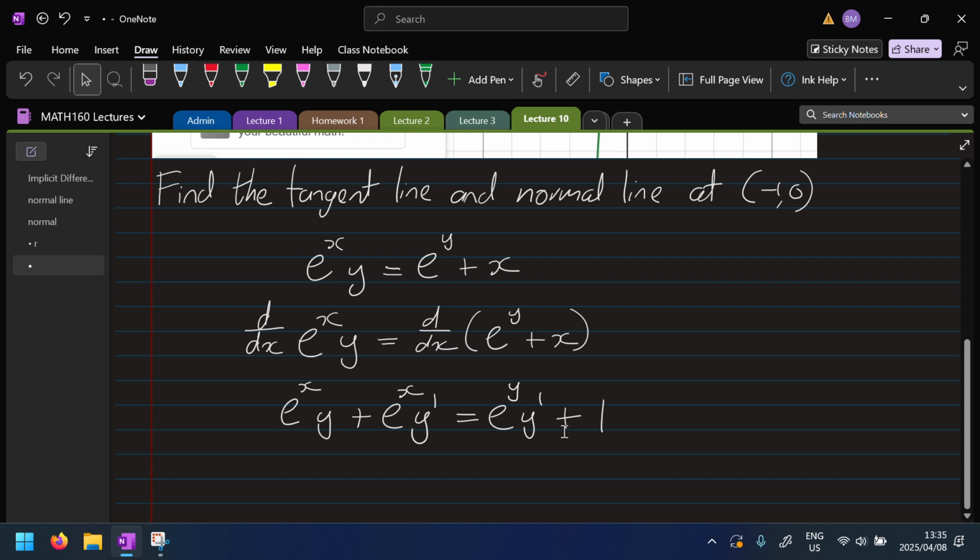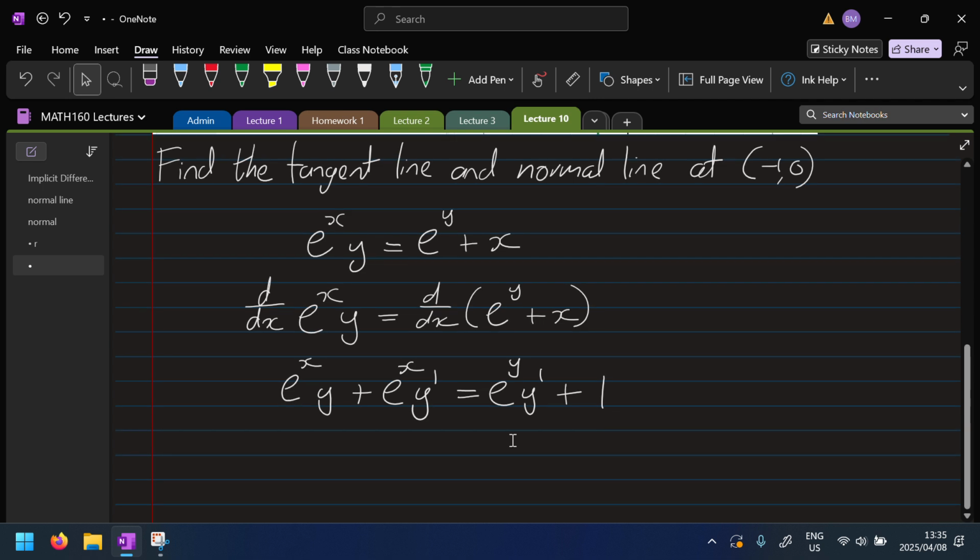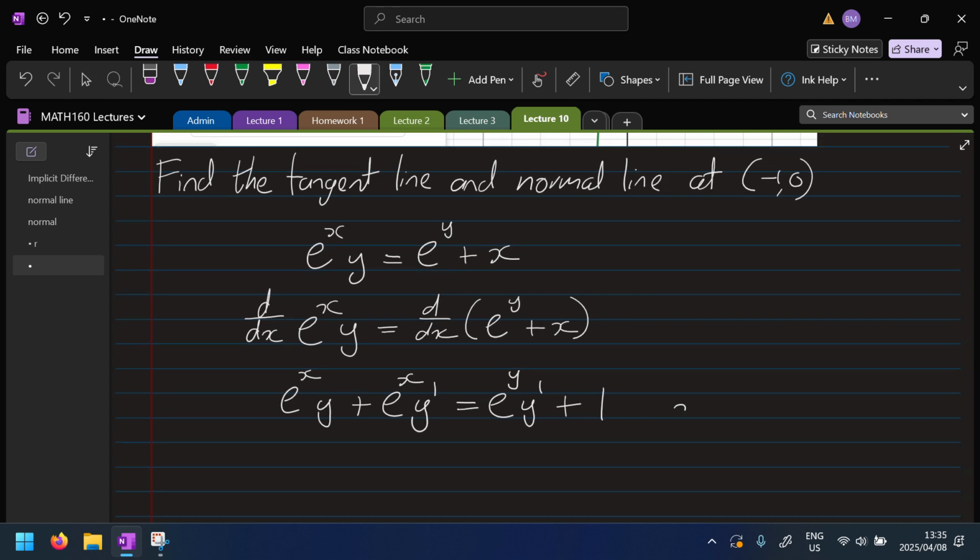Okay, so here we can either substitute the values and then solve for y prime, or we can solve for y prime and then substitute. Let's substitute first. So we're going to have x is equal to -1, y is equal